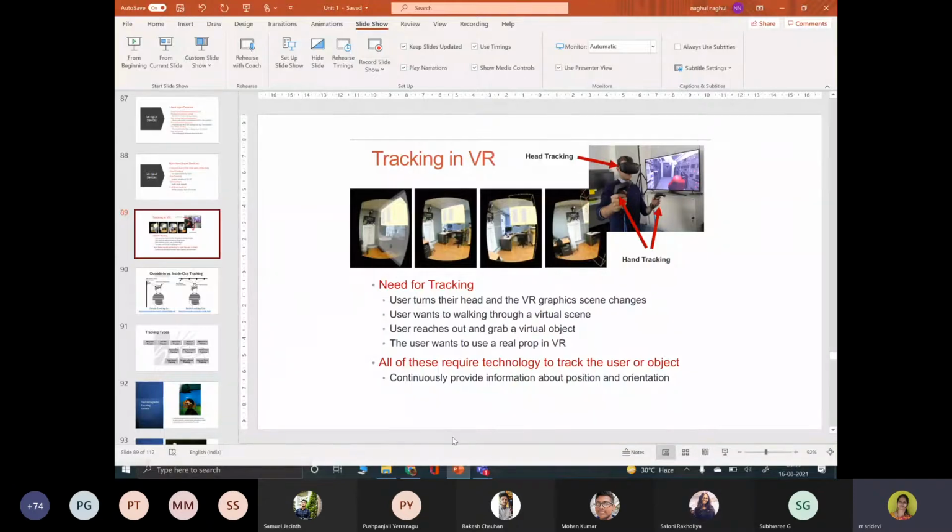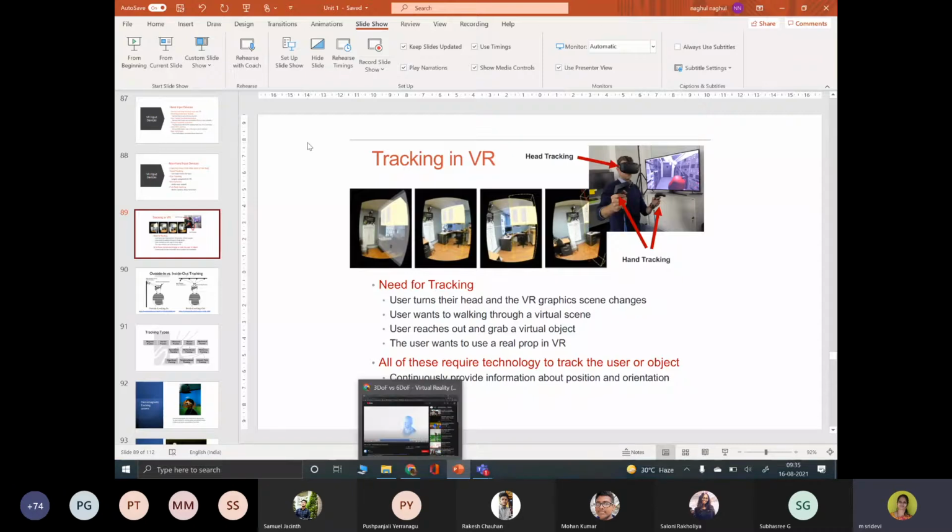Okay. So before talking about the tracking, the components we have discussed are three different components. One is the input components along with the tracking systems, and in the middle you have a computer which is going to perform some simulation of a real-time world to get a virtual reality, and at the end you will have display devices. So we have discussed three different types of display devices: visual, aural, and with respect to the sense of touching, which is haptic display.